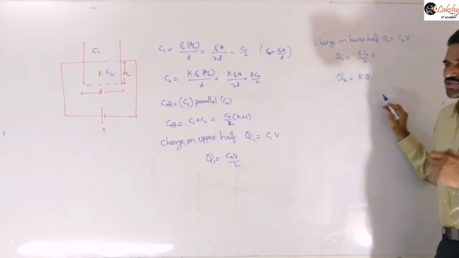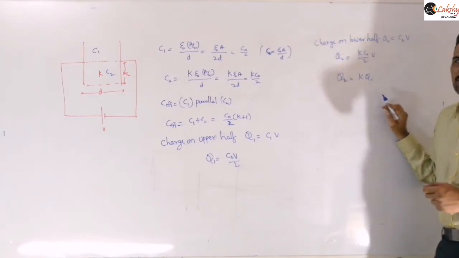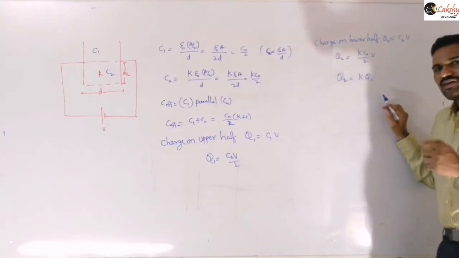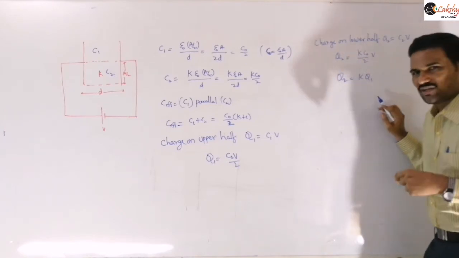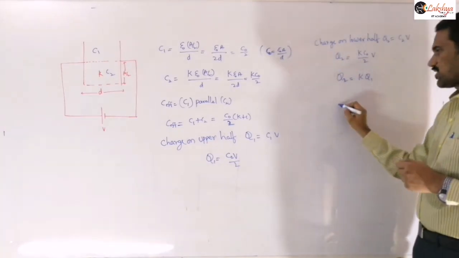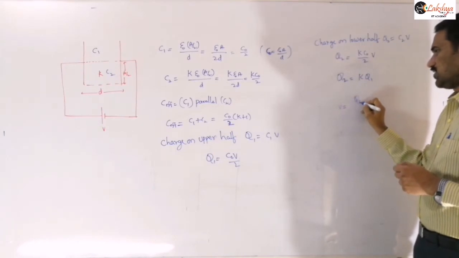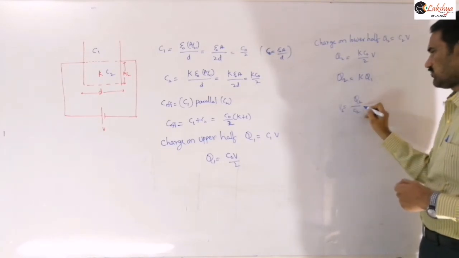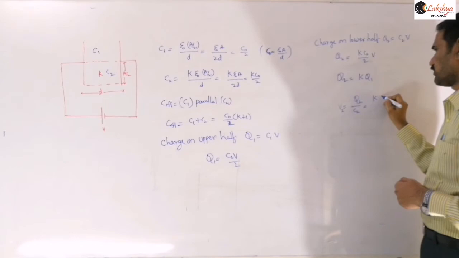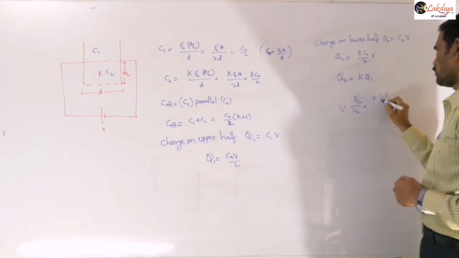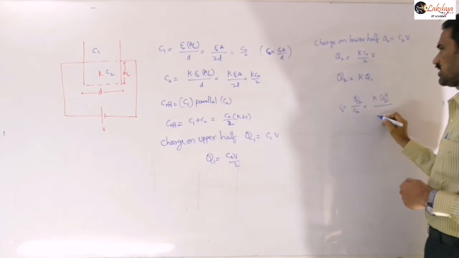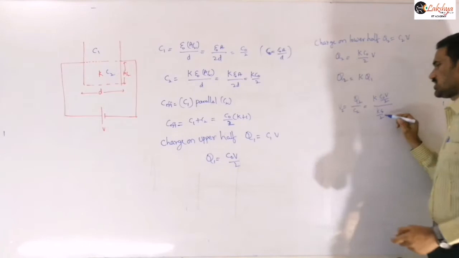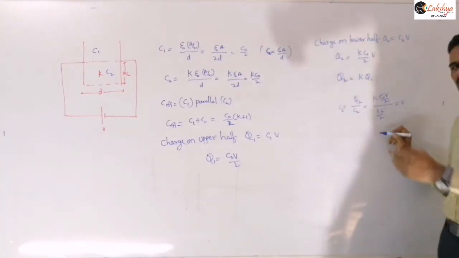Is it clear? So that is how it maintains the constant potential difference here. The charge on the lower half increases by K times, so that when you write the potential difference, it will still be equal to the potential difference for this. Now the potential difference across this, we can write as Q2 by C2. Check that: this is K into C0 V by 2, divided by K C0 by 2, which is C2. So you will get V only. The potential difference across that will be V only.